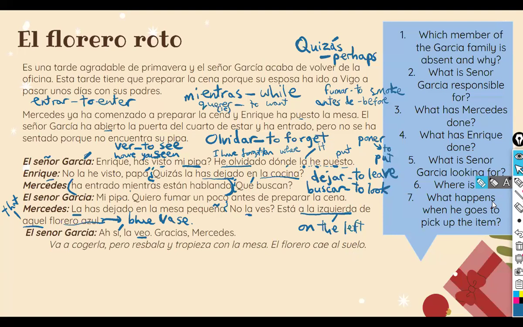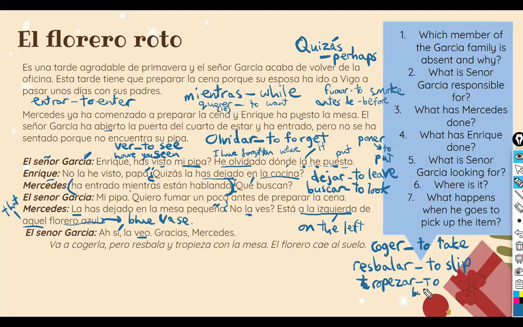All right, so coger, to get, to pick up. To take, in the sense of like to take up, right? Resbala from resbalar, to slip. And then we have tropezar con la mesa. So I bet you could guess what that is. He bumps into the table. He hits the table, right? Tropezar, to bump into,